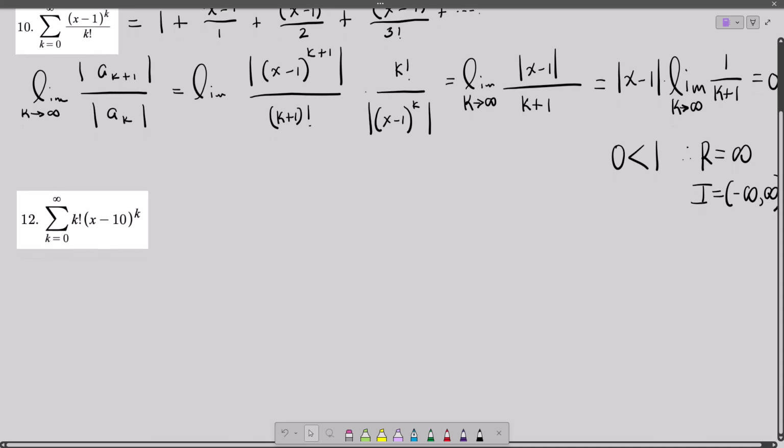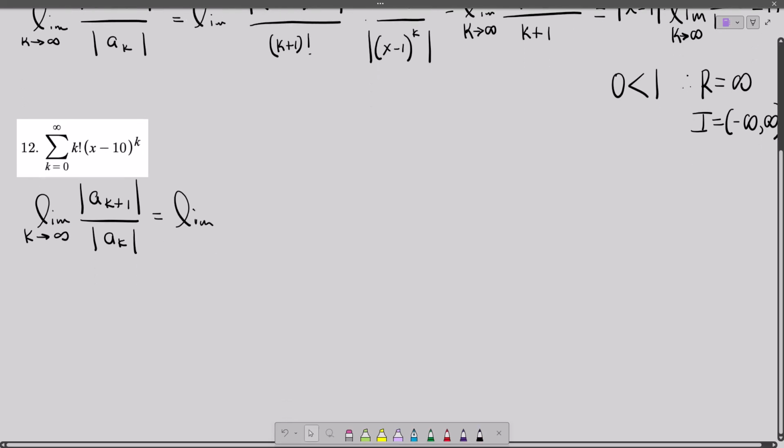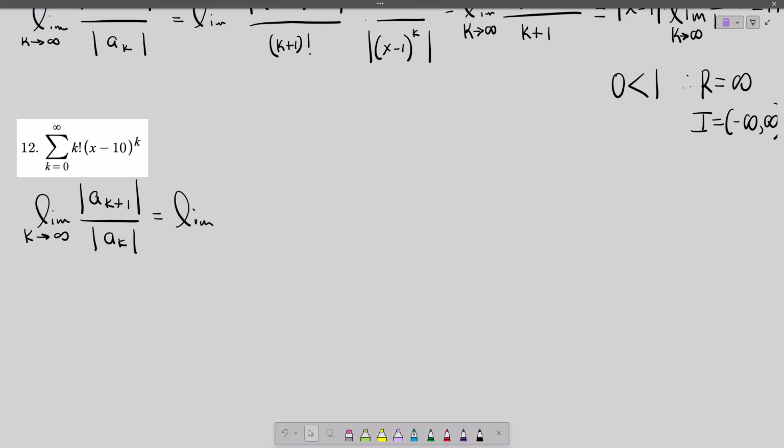How about this one? Well, let's see. So same idea. We're just going to do the regular old ratio test. The limit as k goes to infinity of absolute k plus 1 over absolute k, a sub k. Now we see that k factorial in the numerator, so we should be very wary. We should be expecting the exact opposite of our